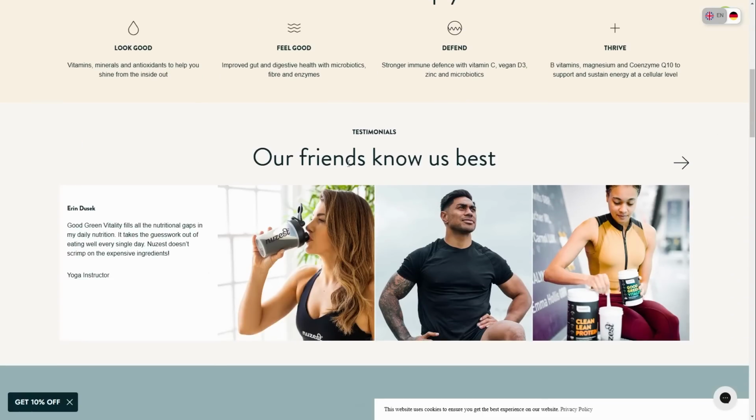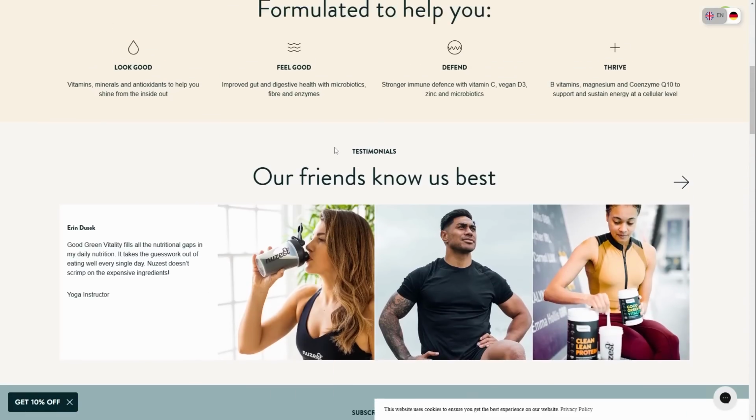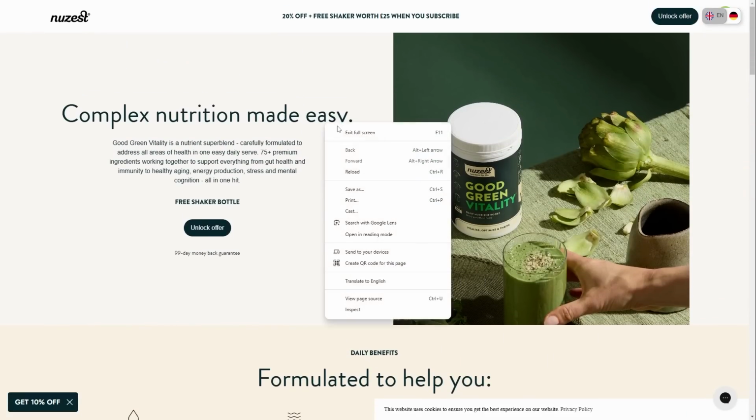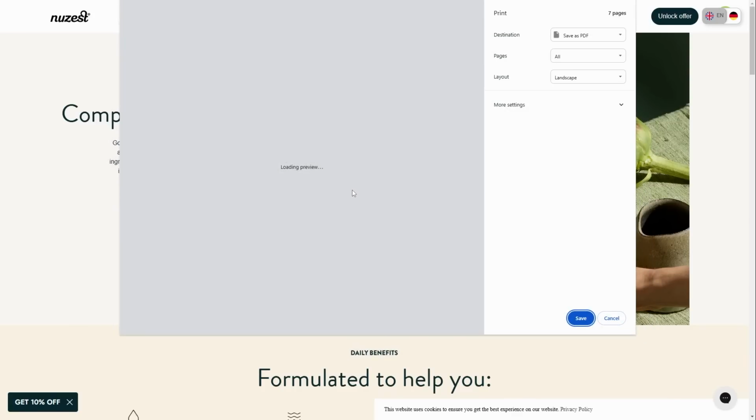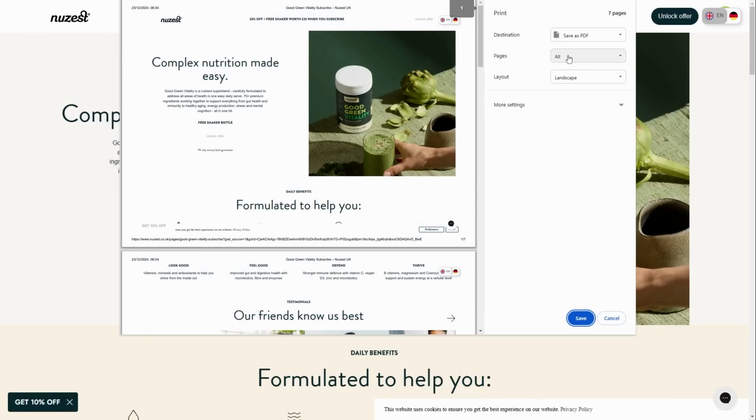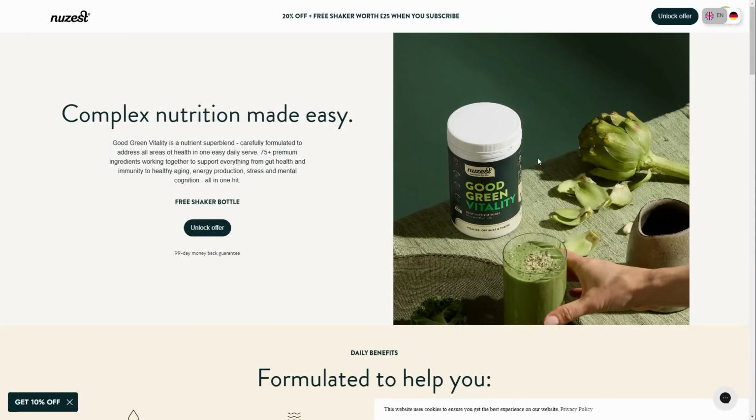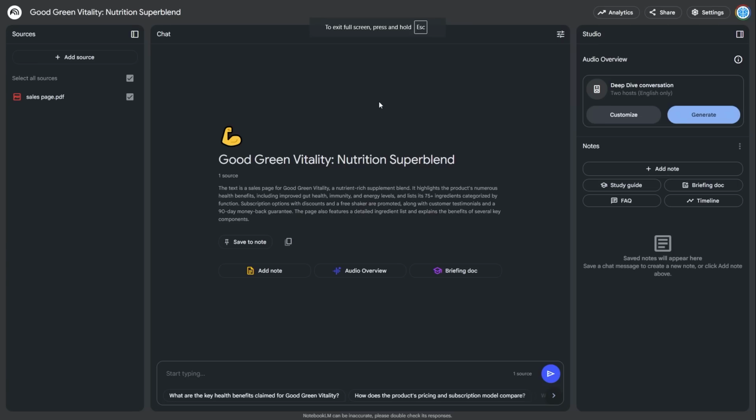This is a sales page that we can look at. And of course, maybe this is going to be even your competitor's sales page, you can click print here. And then basically you just save this as a PDF. And once you save this as a PDF, because Notebook LM is a platform where you can upload loads of PDFs, basically what you can do, and I find this tool to be really useful, is